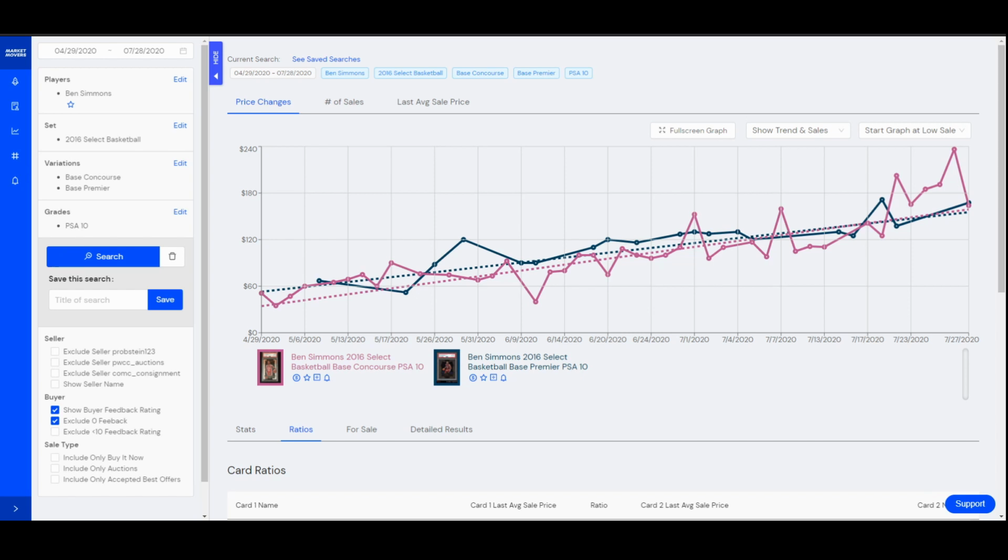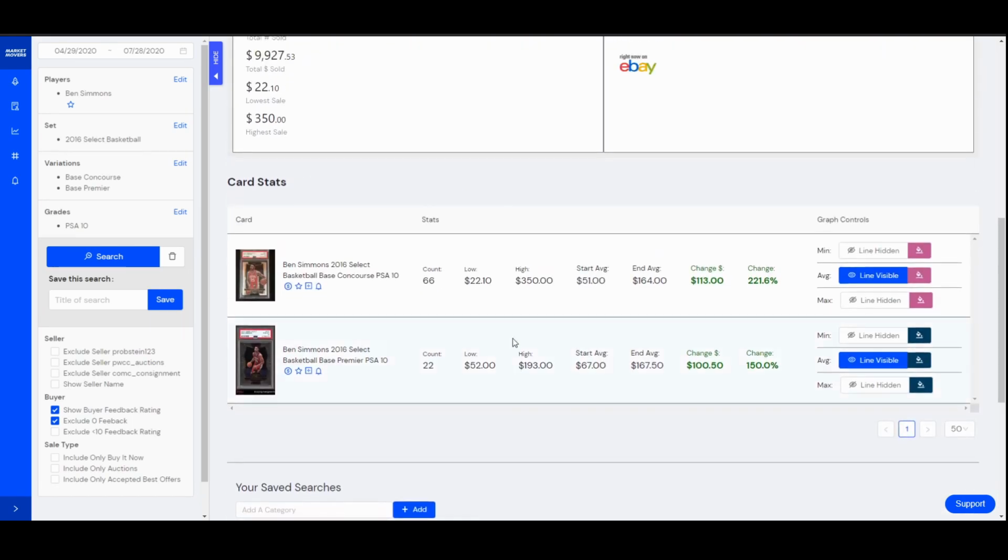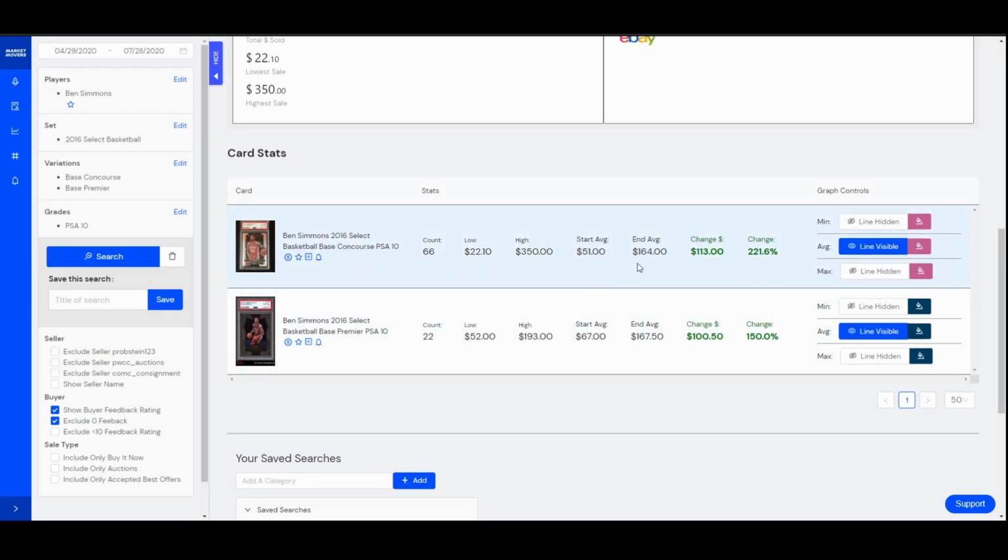One other Ben Simmons thing to look at. I forgot that I had this on here before we jump over to football. And that's talking about his Select stuff. If this has priced you out, his Select stuff is still pretty cheap. And the main reason I want to talk about this card is, and we've talked about this before with Jayson Tatum specifically,